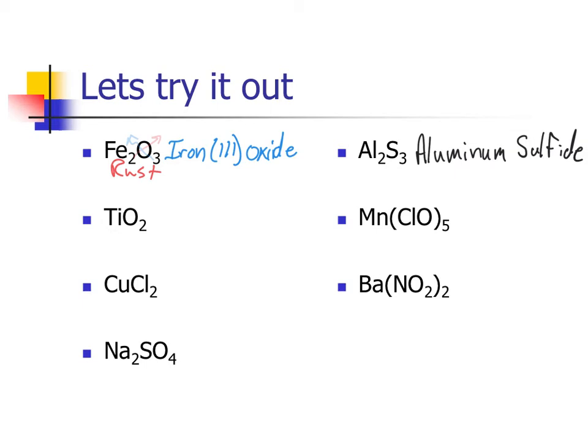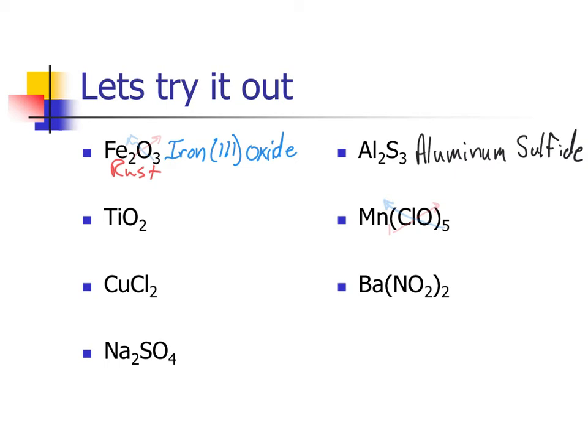So now we have that wonderful question, and we look at, well, there isn't a number written in subscript on manganese. Well, remember, by just writing the symbol indicates that technically there is 1. Therefore, when I do the reverse crisscross, the 1 goes up to the ClO, and the 5 goes to the manganese. Now, what polyatomic ion is ClO in parentheses? Well, if we look on our periodic table, or on the back of the periodic table, we will see that it is